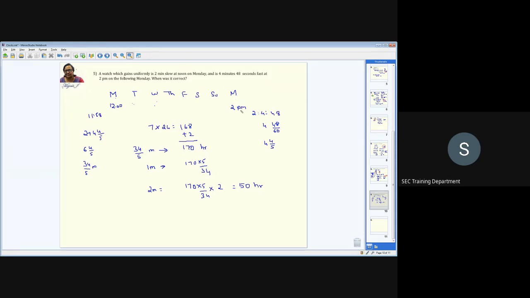When it comes to this Monday 2 p.m., it is going to increase by 448. That's it. So 50 hours from this. So how do you say when 50 hours from here is how much? 24 hours is going to be here. 50 plus 24 is going to be here. Another 24 is going to be on Wednesday. So how much is the time here? 48 hours. But we need 50 hours. Plus 2. That means,